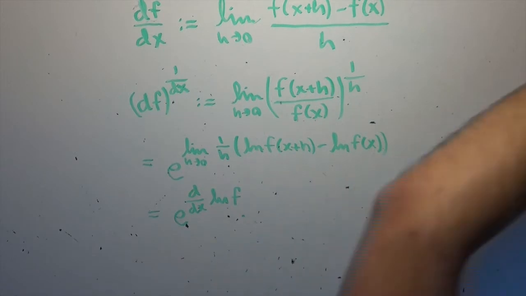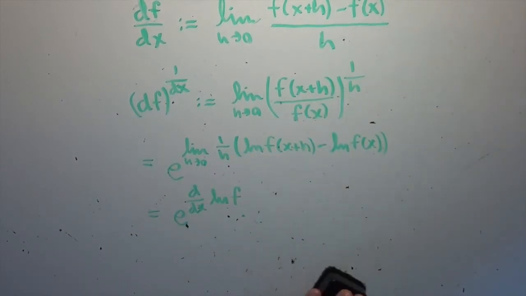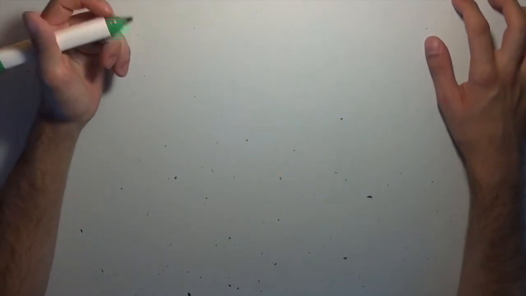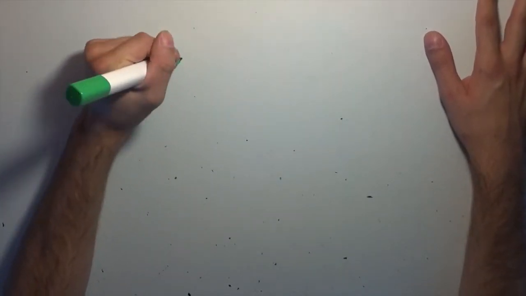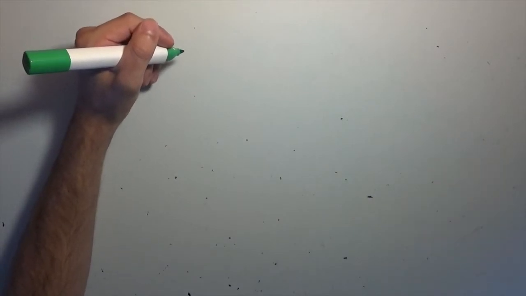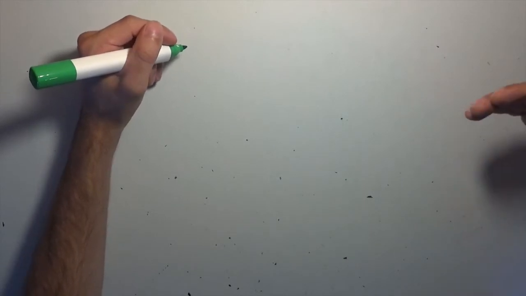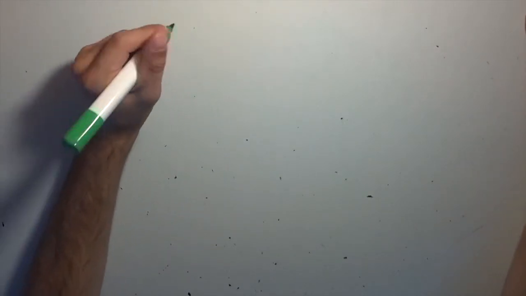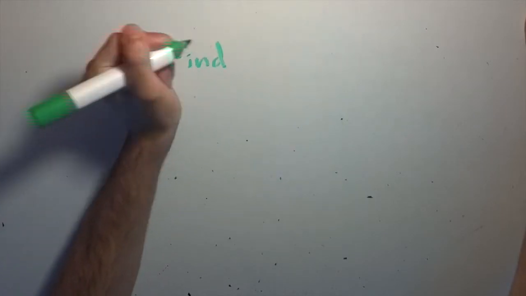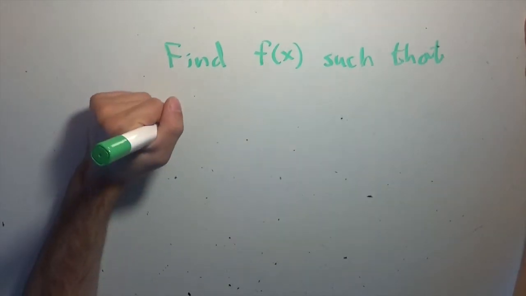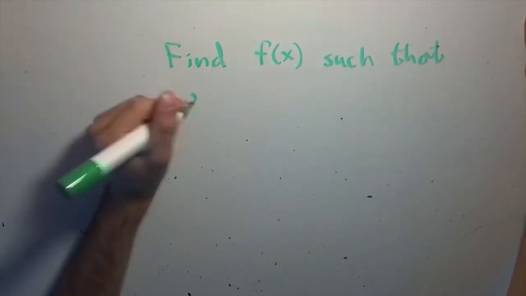And so all I had a question about that I didn't answer in the original video was, what if you have a function whose regular derivative is the same as its product derivative, which is not too difficult to figure out once you realize that you just need the Lambert W function. So what I'm asking is, since the product derivative is defined as e to the power of the derivative of the log of the function you're thinking of, then the question is, find the family of functions f of x such that the derivative of f is